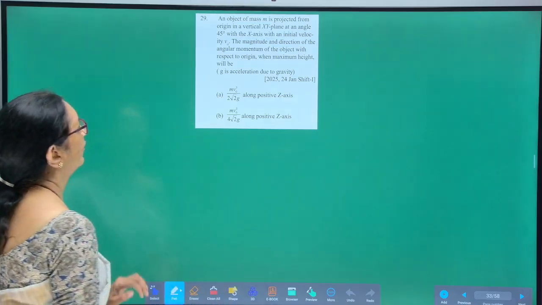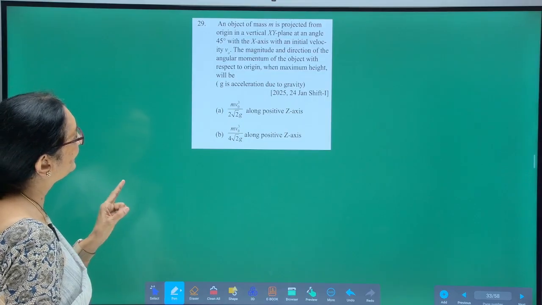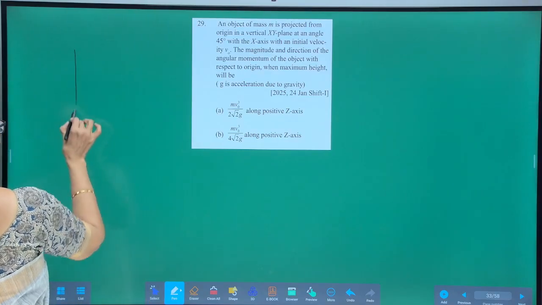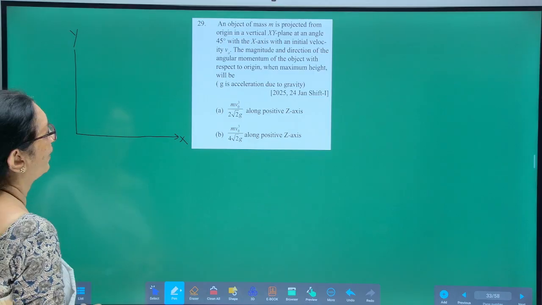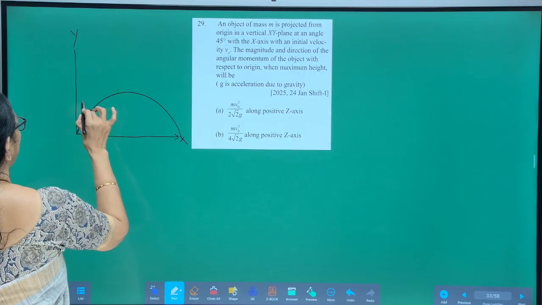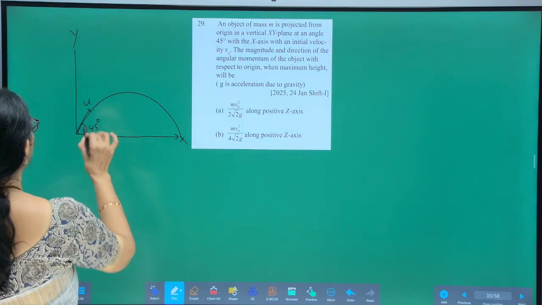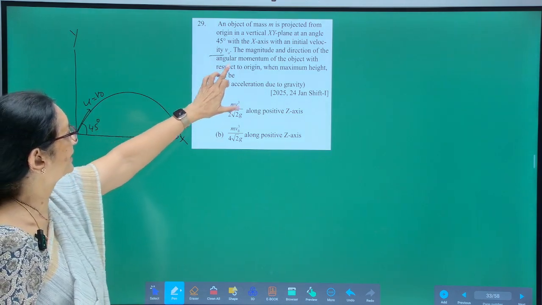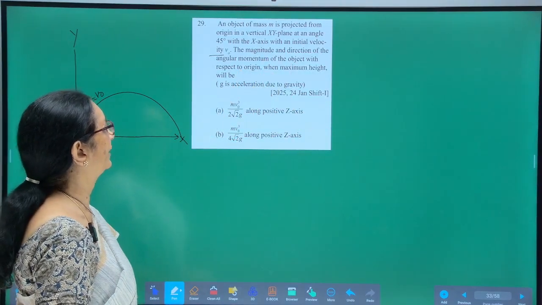Look here, an object of mass m projected from the origin in a vertical xy plane at an angle 45 degrees with the x axis. Let us consider this as x axis and vertical direction as y axis. So, when a body is projected at an angle 45 degrees with a velocity u, the velocity u is given as v naught here. Magnitude and direction of angular momentum of the object with respect to the origin at the